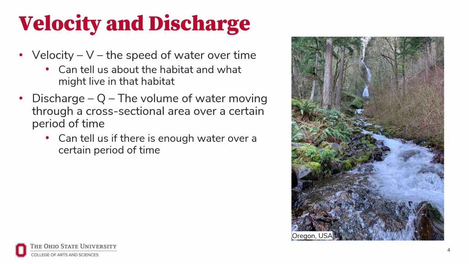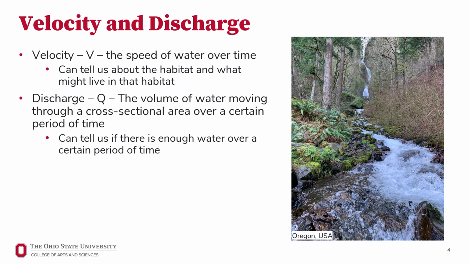The habitat depicted might be best suited for species like a darter or a flat-headed mayfly, but it would not be a good habitat for a cattail because the plant's seeds would be carried downstream before they can embed in the sediment to grow. Discharge, which is represented by a Q, is the volume of water moving across a cross-sectional